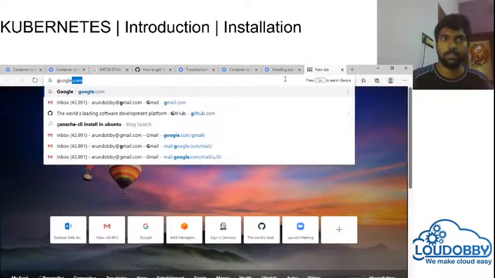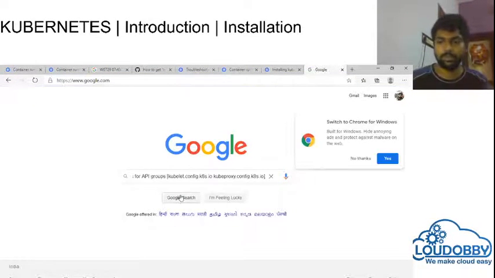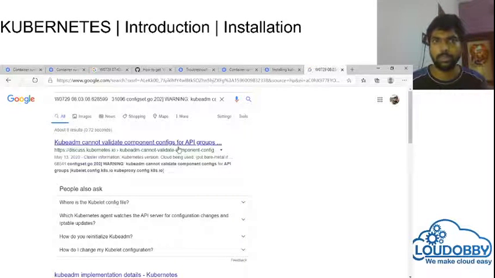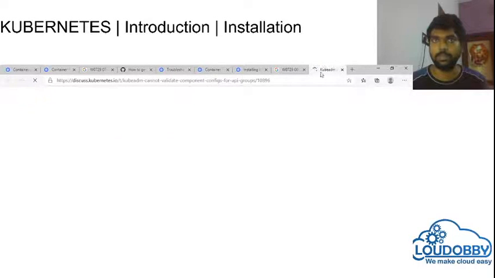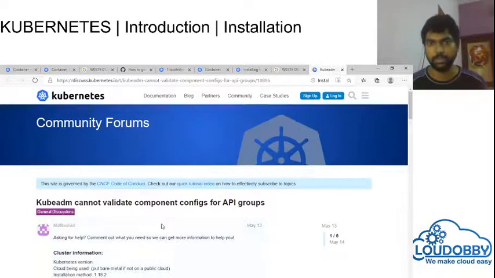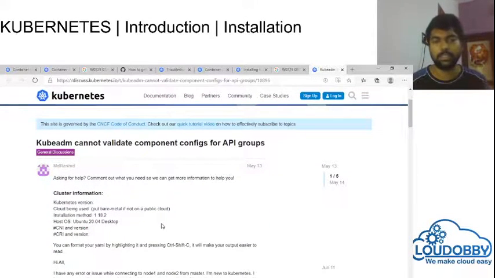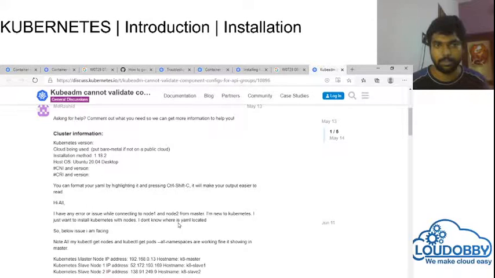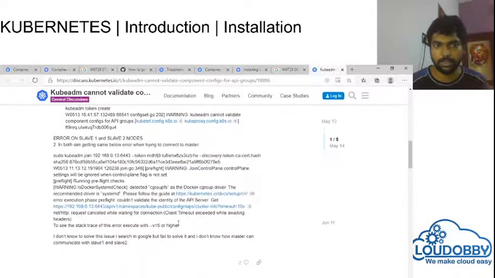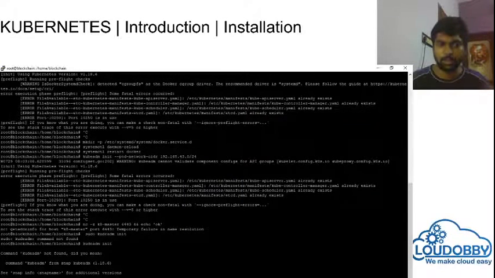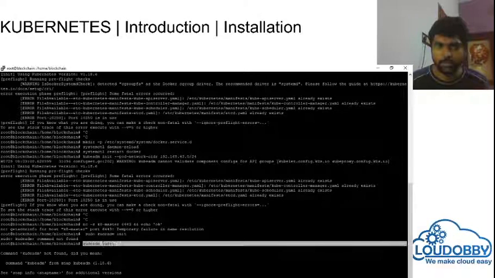So there are a lot more issues and a lot more troubleshooting as a first time. That's why I'm trying to give you a final solution, how to resolve it. I am also doing it for the first time, and I did it in the cloud, but here I am doing it for the first time, and there are some issues we are reading. So I have found I need some troubleshooting to run kubeadm init and check what the error is first.